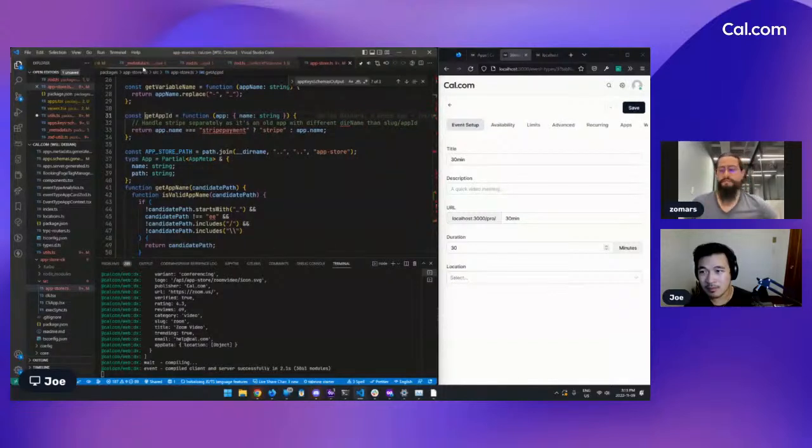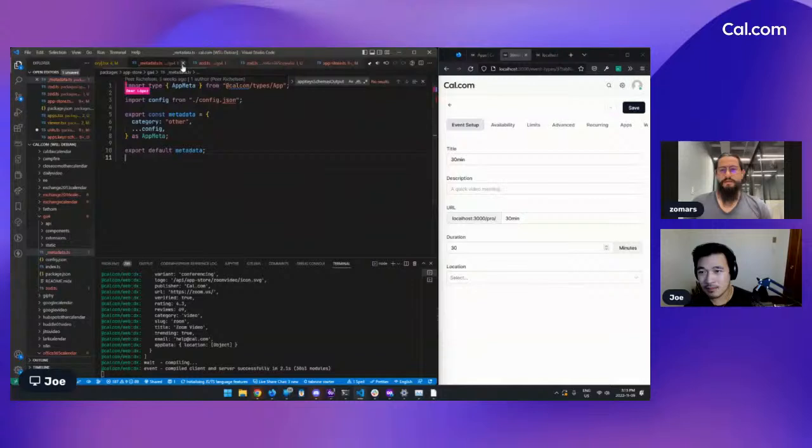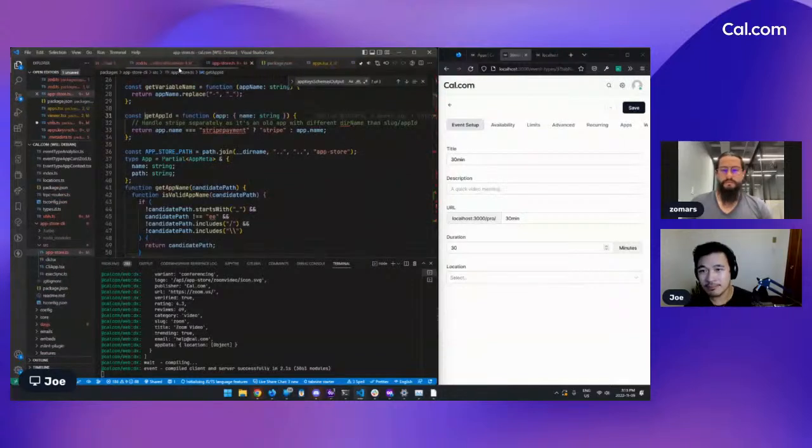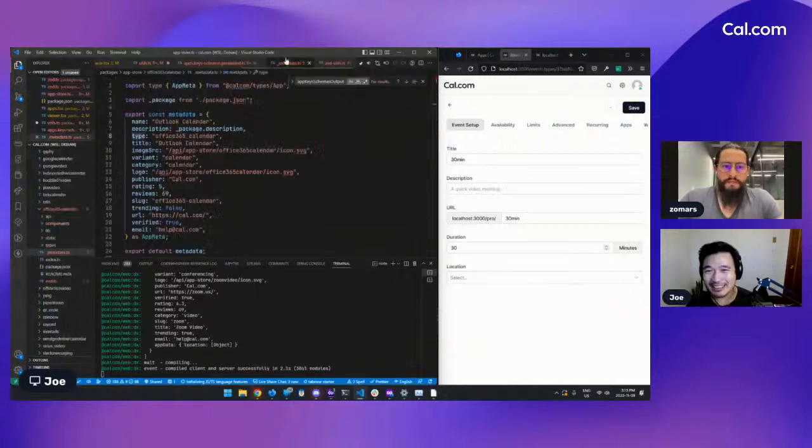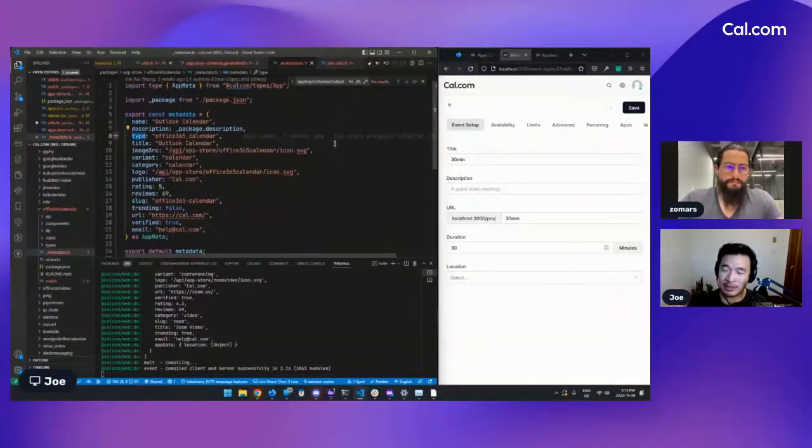I mean, maybe it's because Office is an old app, so maybe there might be some inconsistencies for the slug. But the actual property name in the generate keys file is correct. I'm just trying to see where it came from. Right, because if we're matching the key schema with the metadata,